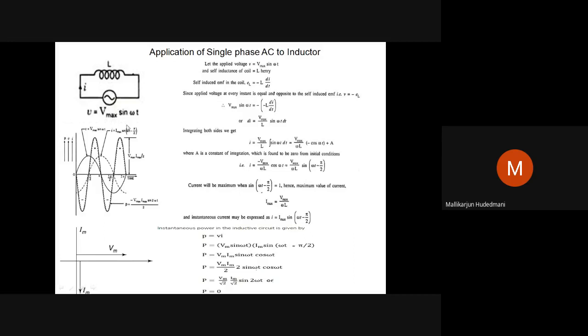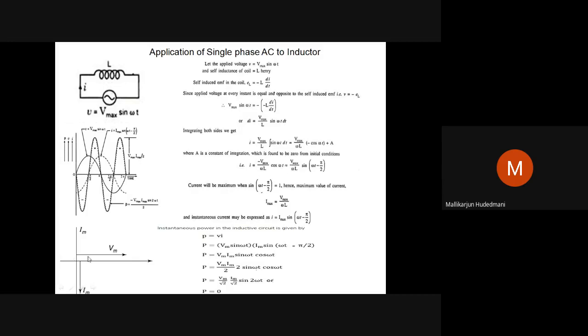Then the last part, we have the vectorial representation. For that we have to understand what this voltage Vm sin omega t is. If I have the vector of voltage drawn horizontally, Vm, the peak value of the vector, where is the vector of current getting represented? We should understand the relationship between voltage and current. That is understood here. Voltage is Vm sin omega t only, but current is Im sin omega t minus pi by 2. What does minus pi by 2 represent? Lagging behind the voltage by pi by 2.